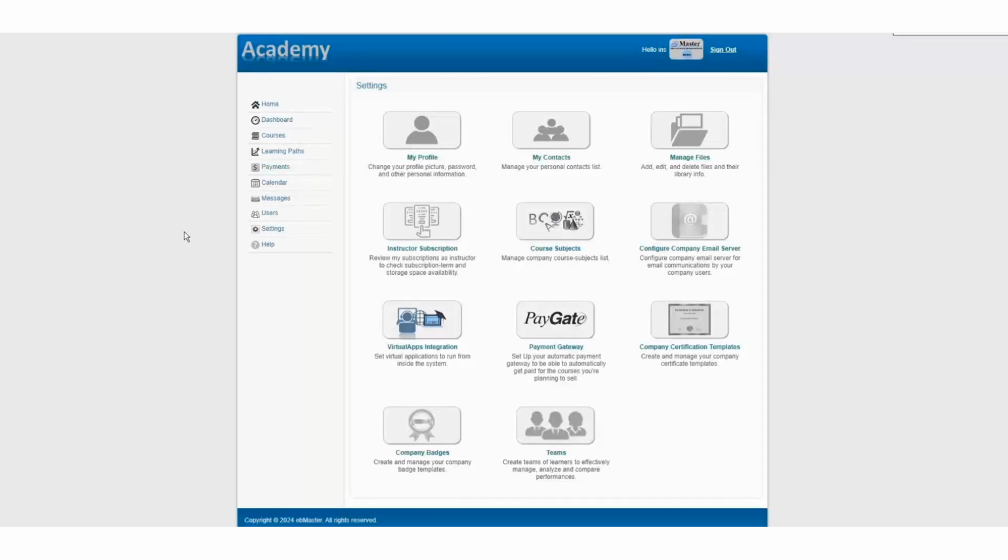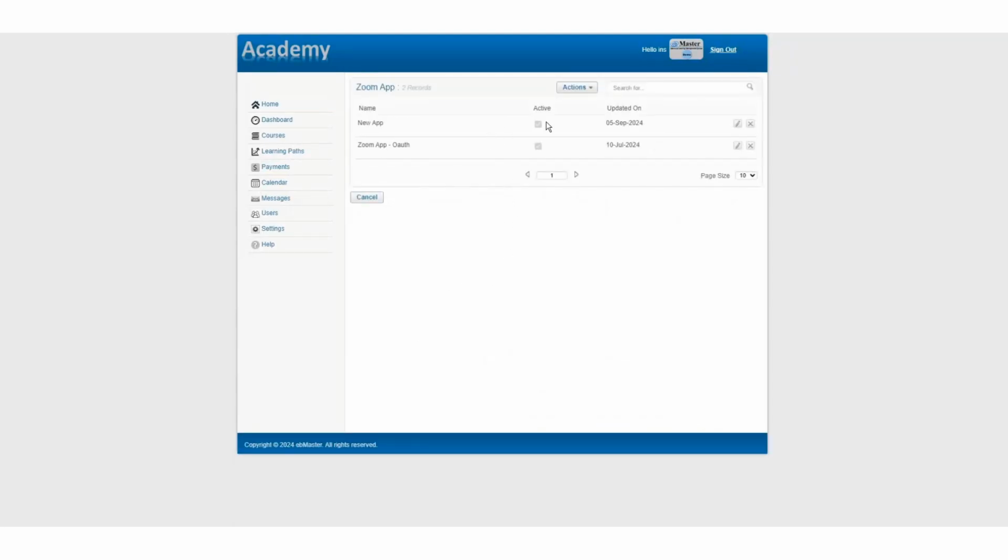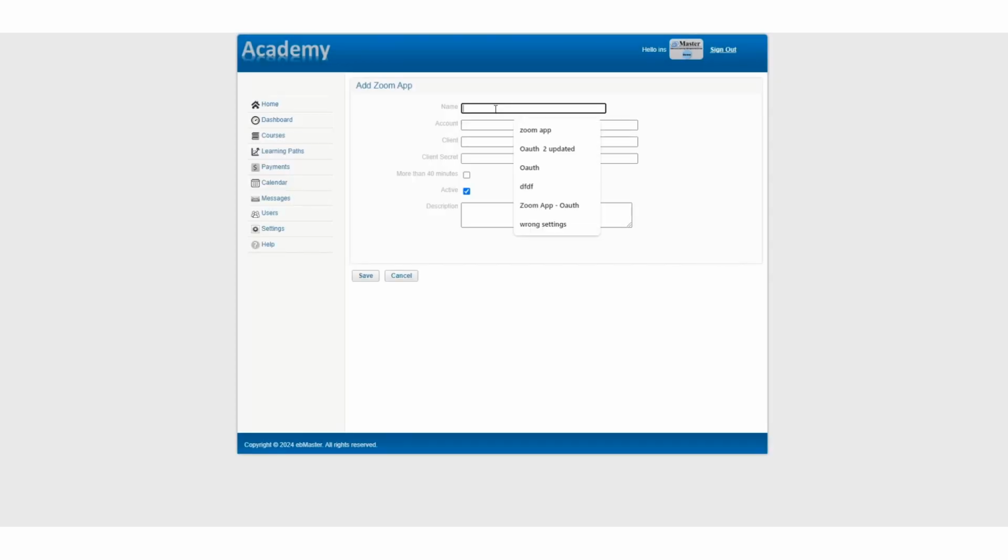In this video, we're going to show you how to integrate Zoom to your e-learning platform. Of course, you log in to the system as an administrator. You could do the virtual app integration, and you create a new app, add Zoom app. You put the name, description, and those three pieces of information, the account, client, and the client secret, we need